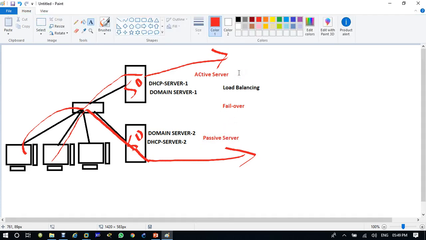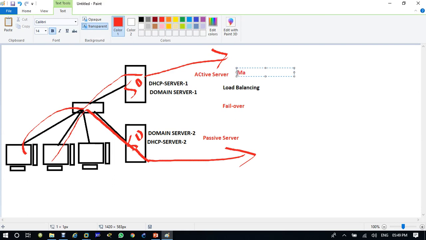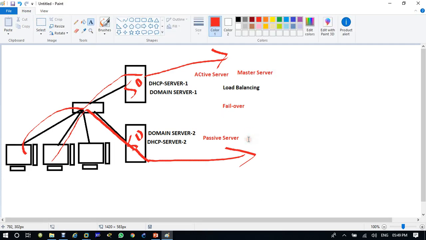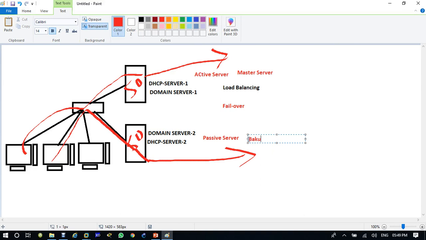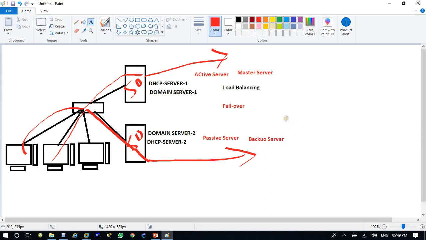Or you can use different terms: this server is my master server and this is my backup server. With active and passive, all the traffic of your organization will pass from server 1 because it is active.